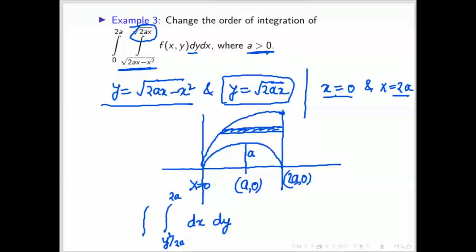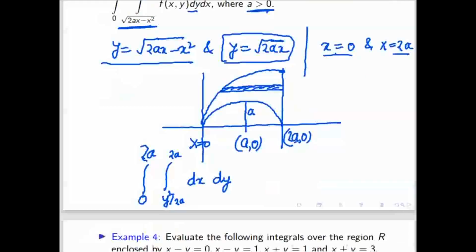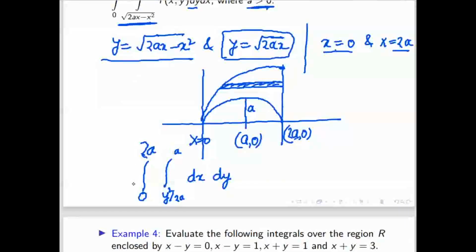Sir, x from 0 to root 2x, y from 0 to 2a. So everybody agree with this? No, sir. x will change after the circle. If y is less than a, there will be a common area problem to the circle. So there is a problem with this, so I am just removing this.